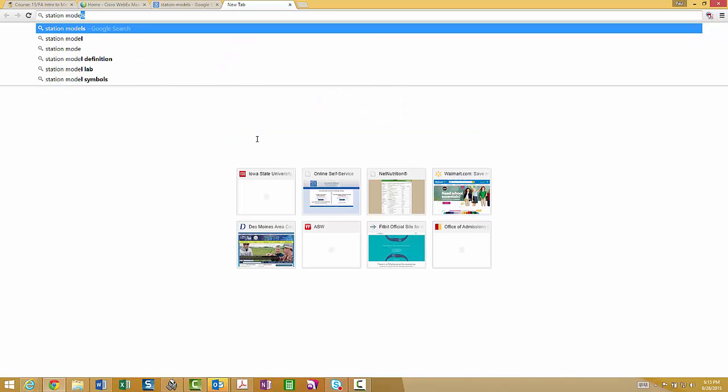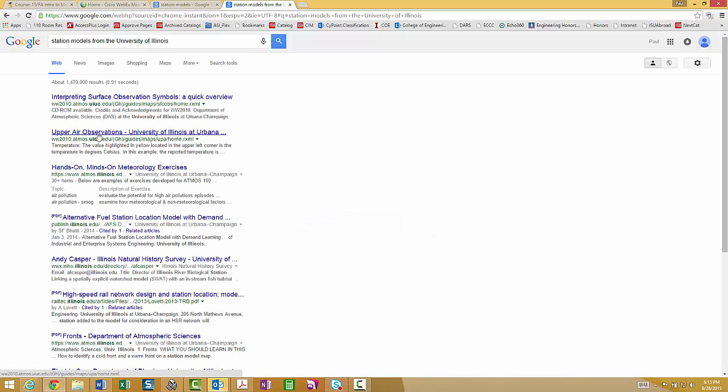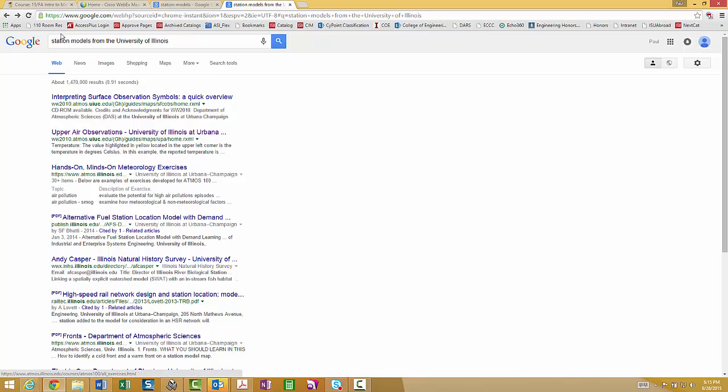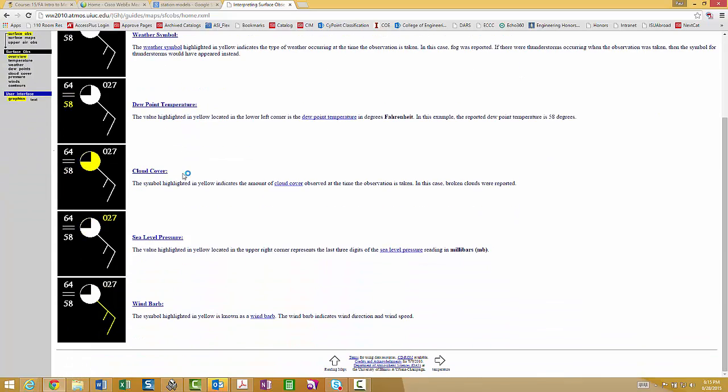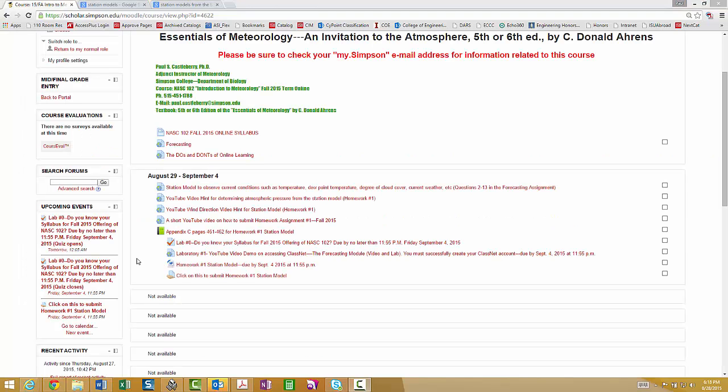In other words, let me go over here a second. Now you will notice I have a link here called Station Model, and Station Model is used to observe current conditions at a particular location. Let me just show you. If I click on here,